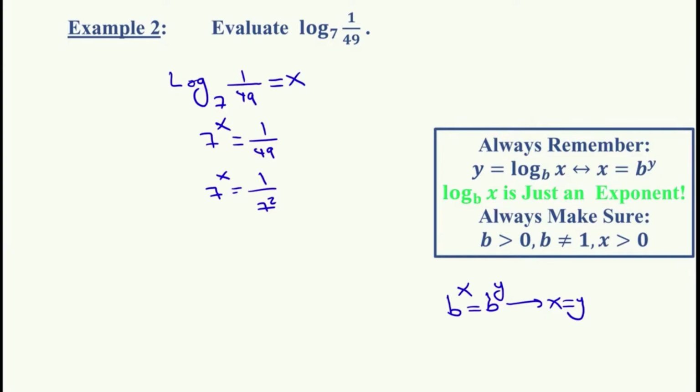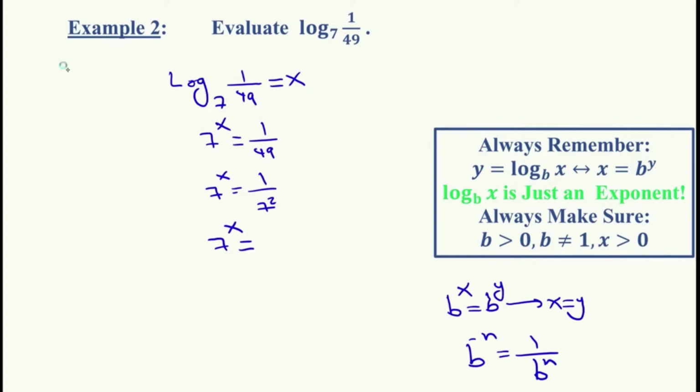So of course we'll need to utilize help from one of our laws of exponents, which, if you recall, said if you have b, for example, to the power of negative n, that's going to be 1 over b to the n. So using this rule, we can write 1 over 7 squared as 7